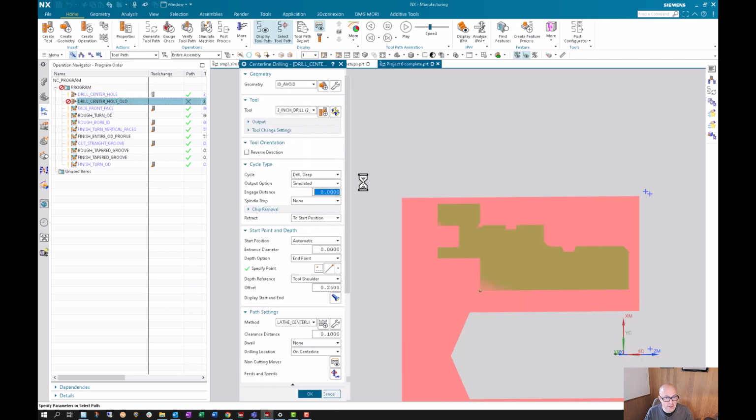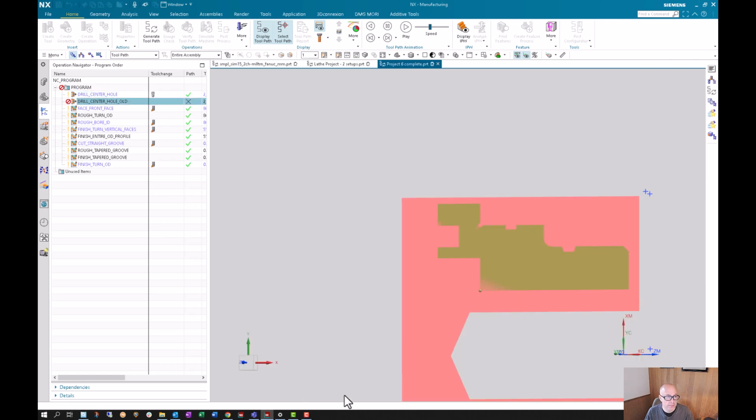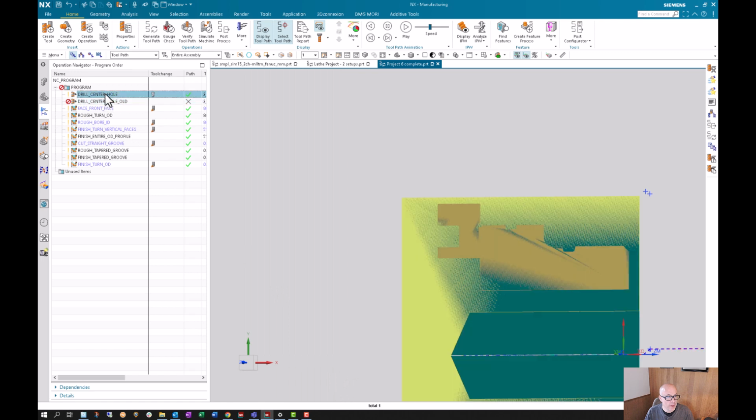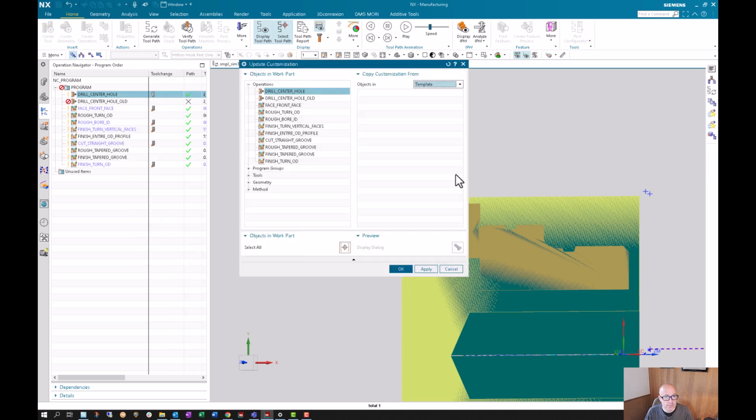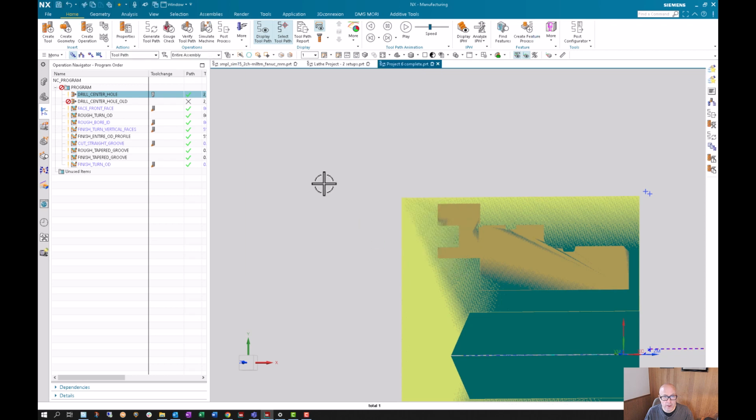If I go into this other one, it's still old. So now if I right click this one that we updated and say object customize from, so now I could say from here, and okay,